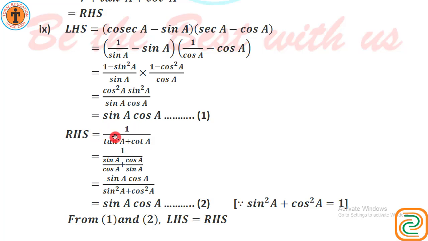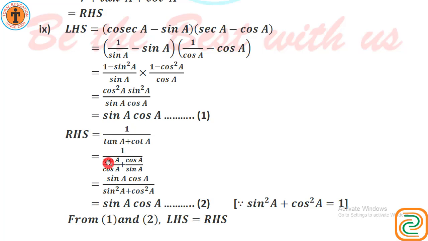Now we are taking left hand side, right hand side. Here 1 upon tan A plus cot A. Tan, cot should be converted into sin cos. Sin A upon cos A plus cos A upon sin A. They are not cut off, remember, because here is plus. If it is multiplication we can cut, but plus and minus we cannot. So we have to take LCM. Cos A into sin A, that means sin A into cos A, LCM.